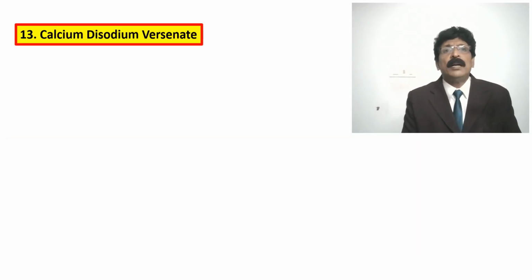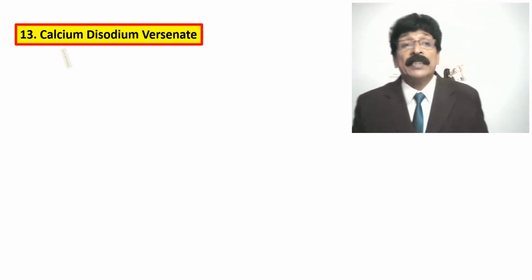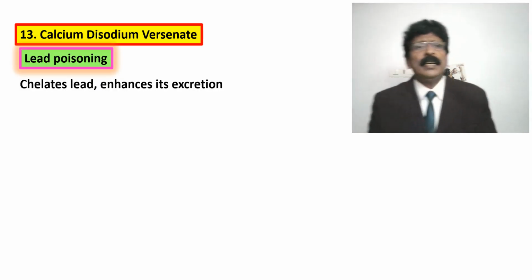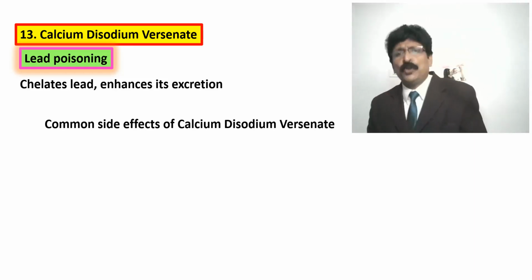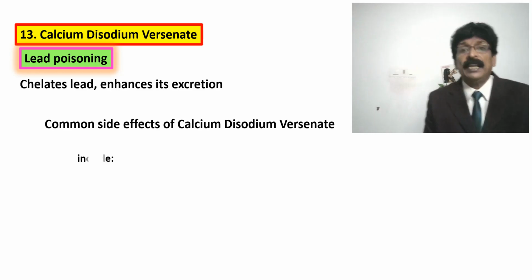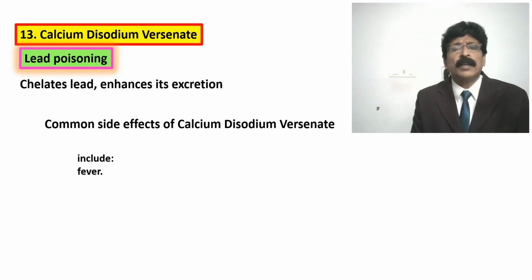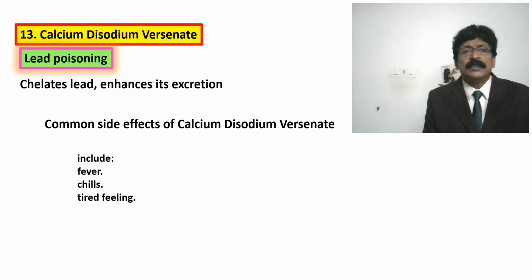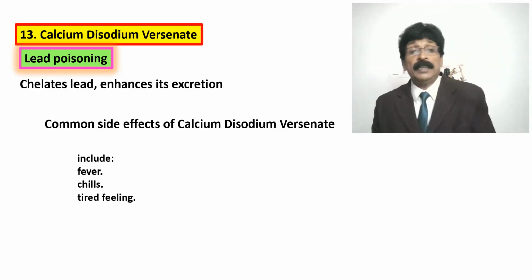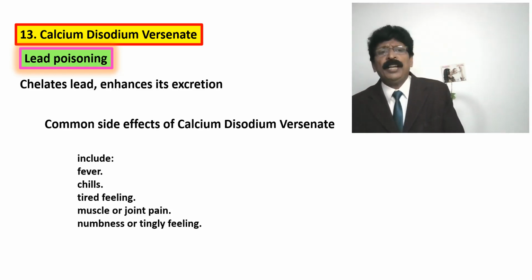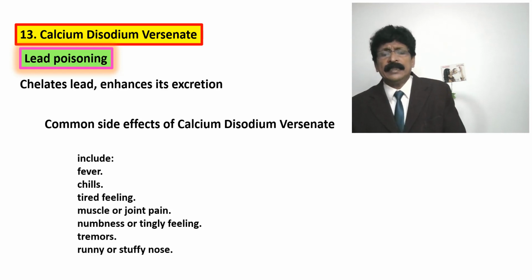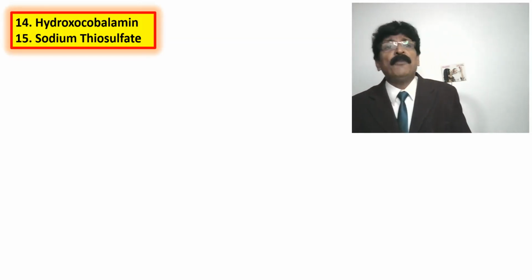Calcium disodium versenate is used for lead poisoning; it chelates lead and enhances its excretion. Common side effects of calcium disodium versenate include fever, chills, tired feeling, muscle or joint pains, numbness, tingling feeling, that is tremors, running and stiff nose, etc. And you can see number 14 and 15,